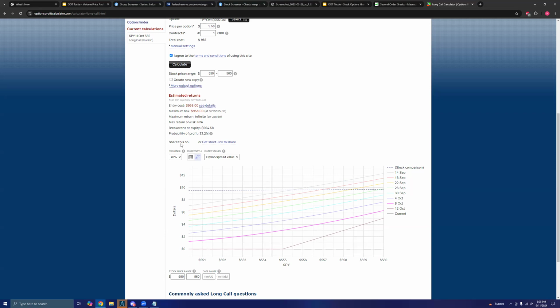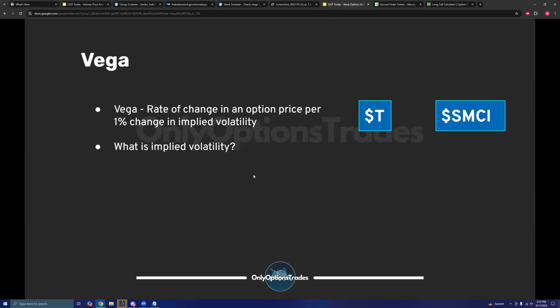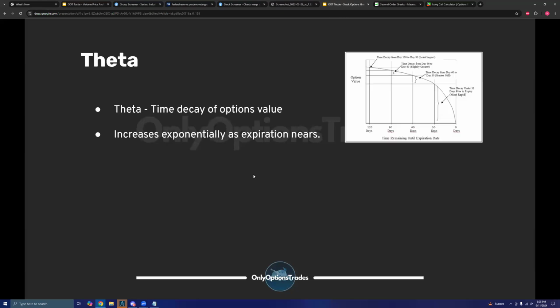Okay, whatever. Anyway, that's the big idea behind theta. I don't have any other examples for theta. And like I mentioned, delta and theta are going to be the two most important Greeks. That's really what you're going to care most about as an options trader. There are 3 more Greeks to be mindful of, but for the most part, they have a much less significant impact on the pricing of an option contract. Delta and theta truly do carry the most weight.